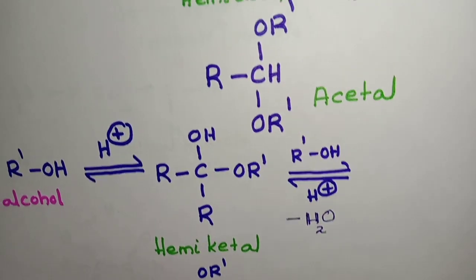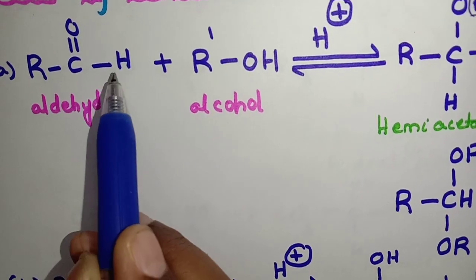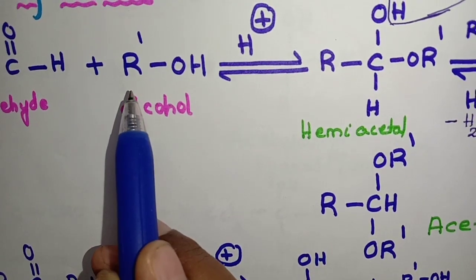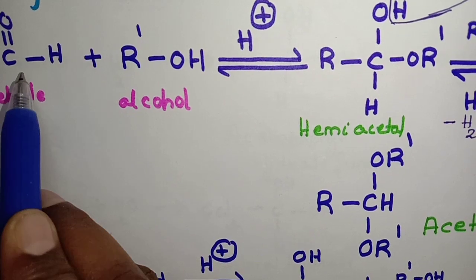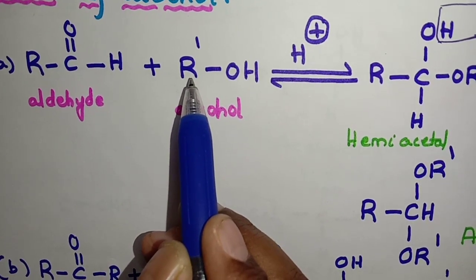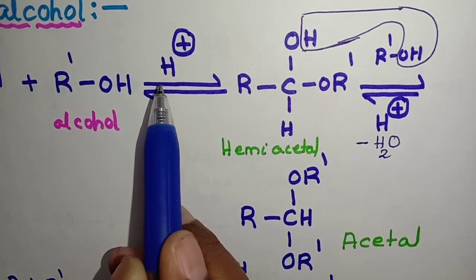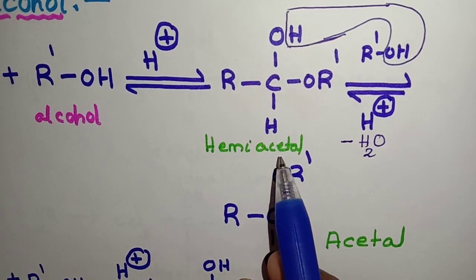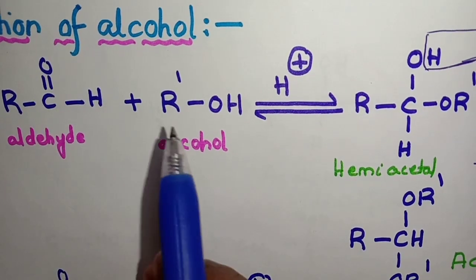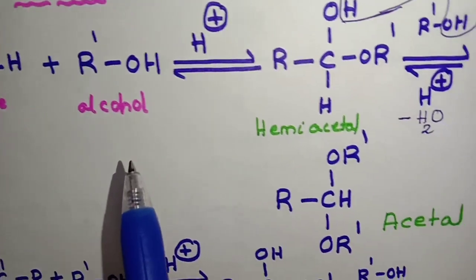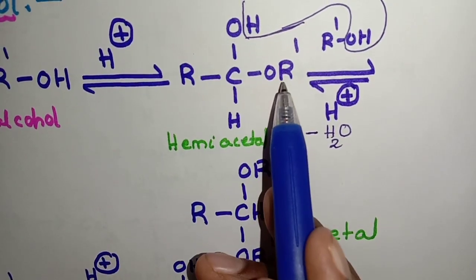So I will show you the reaction. First one, taking aldehyde. Aldehyde is RCHO plus alcohol. General formula of alcohol, ROH you can write, as there is already R in the aldehyde, I am just marking it as R dash. These two react with one another in the presence of an acid forming hemiacetals. So what happens here? The pi bond breaks up and near oxygen H comes up and near carbon OR dash goes, and this is called as hemiacetal, RCOH dash H.